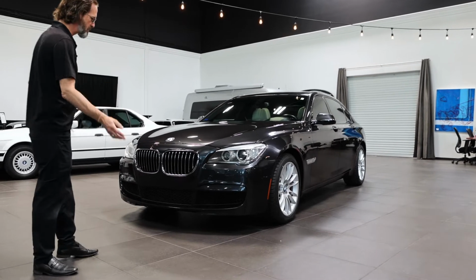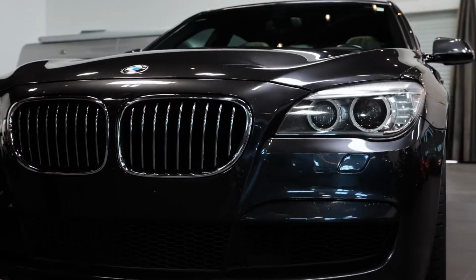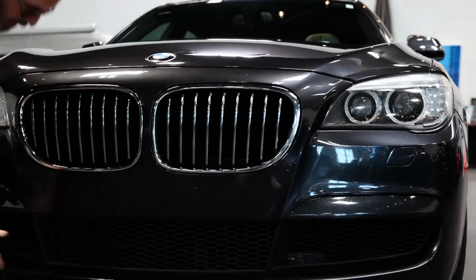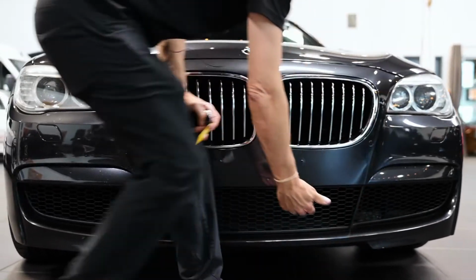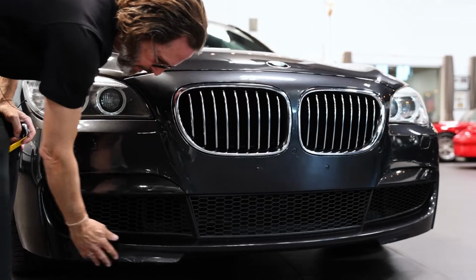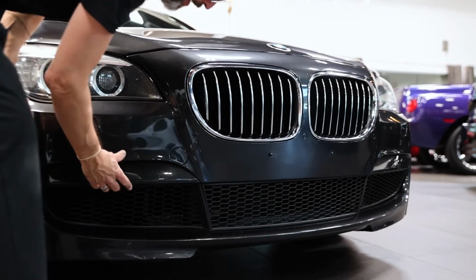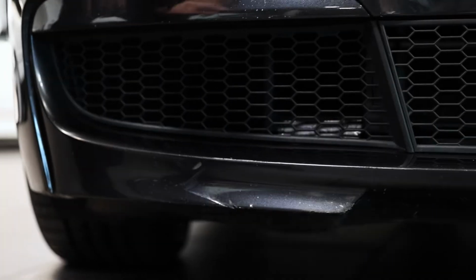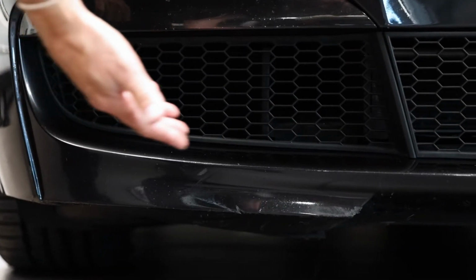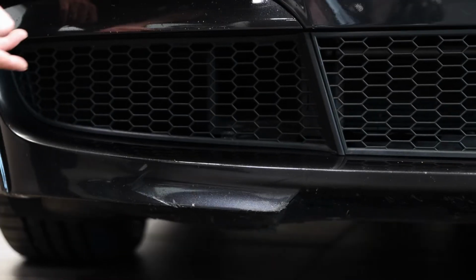We're gonna scoop across this front nose real quick just to show you it's not gonna fall off. Grabbing a hold of it, shaking it. Very, very minimal wear down here underneath this side. And here you can see a little bit of the abrasions. You can see some normal road wear here. I don't feel any clear bra on the front of this particular vehicle. But you know what's good? There, although you do see a couple marks, this is a gray car, not to give it an excuse, but